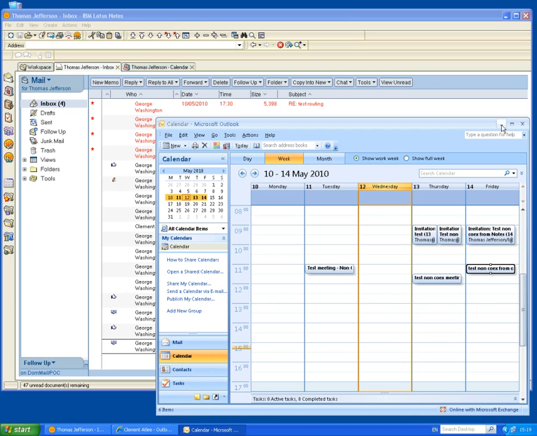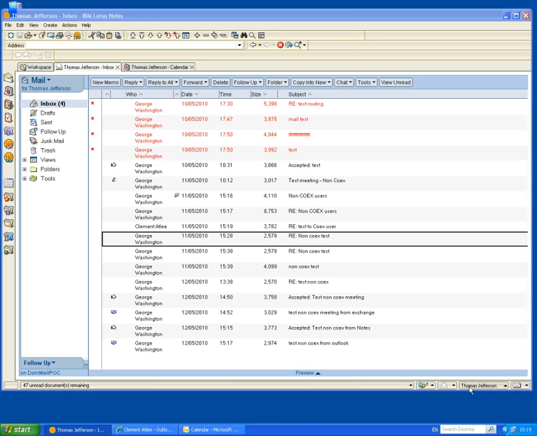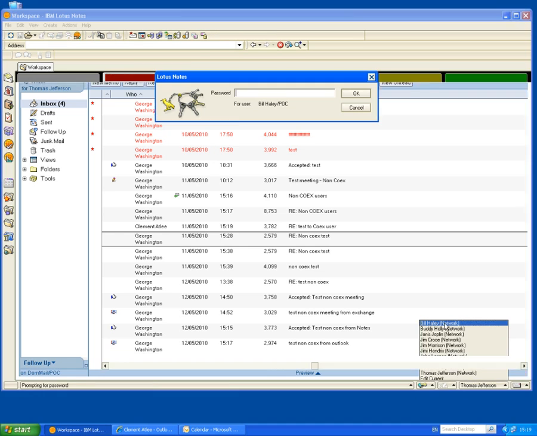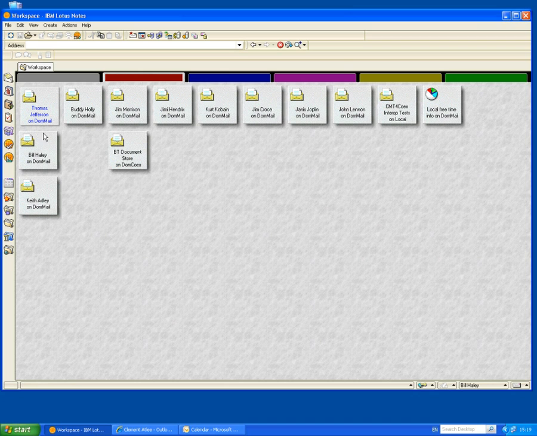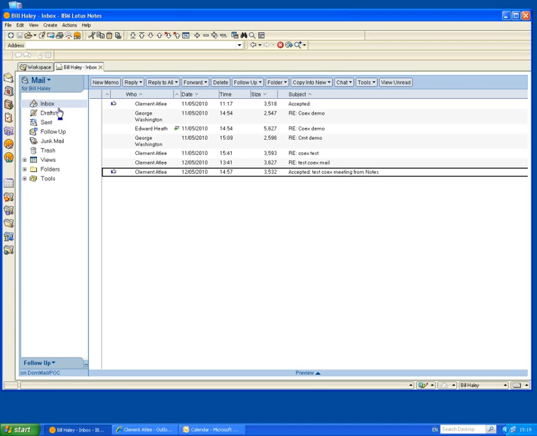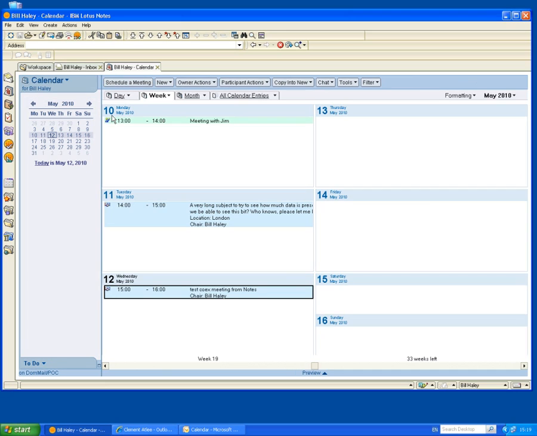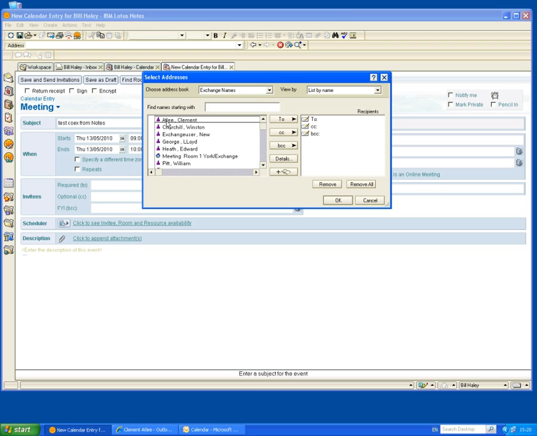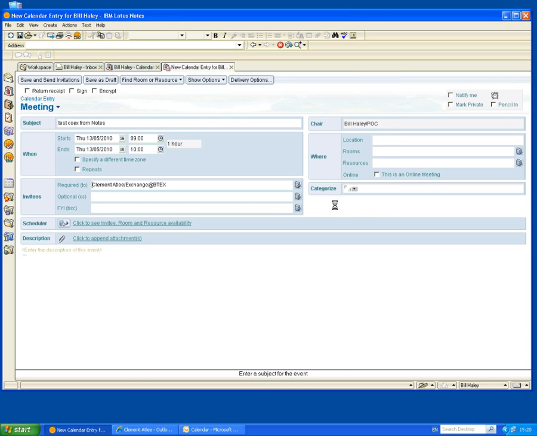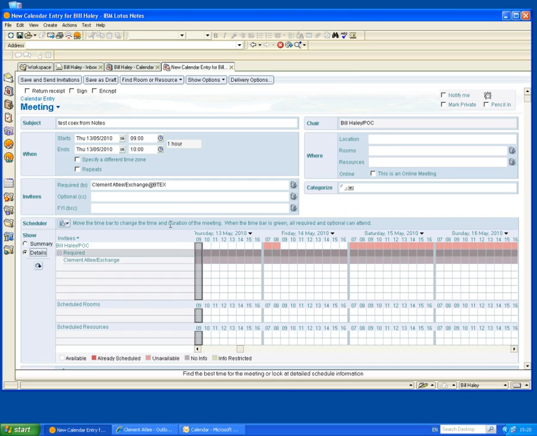Okay, so I'm going to now switch to my CoExistence user, and I'm going to invite. I'll use the same user that I did before previously with the CoExistence environment. So I'm going to schedule a meeting, test coex from notes, invite along my Exchange user Clement Attlee, check availability,